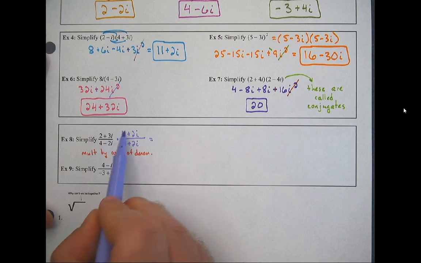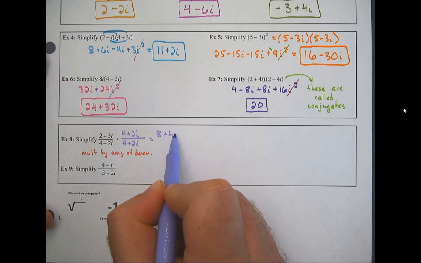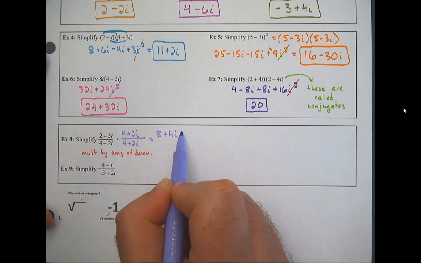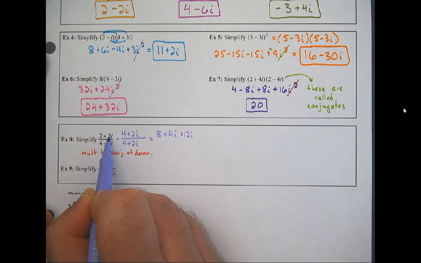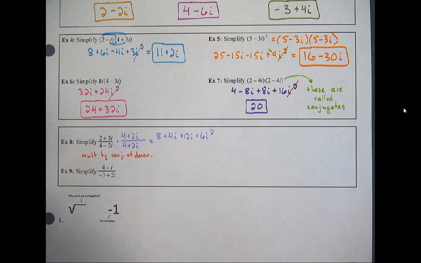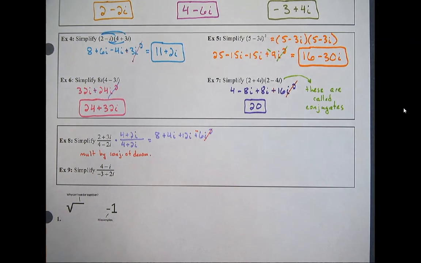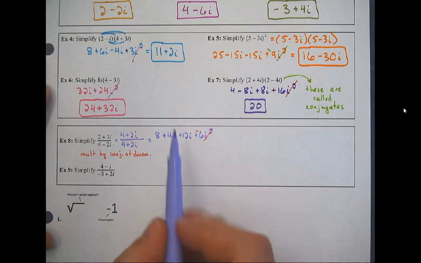That's okay. 2 times 4 is 8. 2 times 2i is 4i. 3i times 4 is 12i. 3i times 2i is 6i squared. Now before I go any further, I'm going to stop here. And I'm going to cross this out and change that to a negative so I don't lose track of it. Over